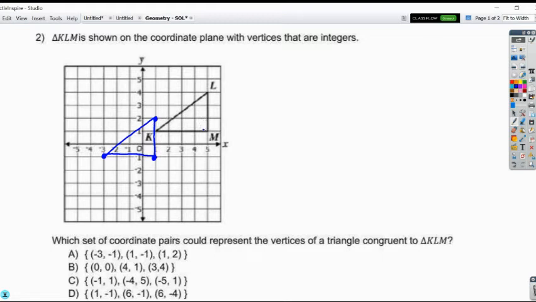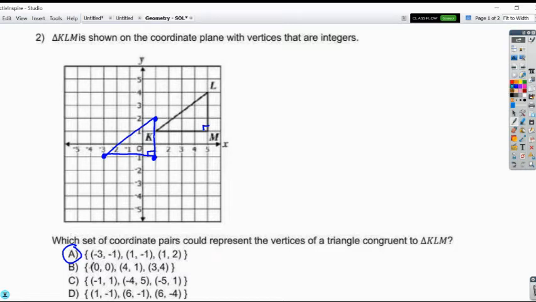Since I know that each of these triangles are a right triangle with that horizontal distance and vertical distance, that would also tell me that the hypotenuse is congruent as well, because they have to have the same measurement when you do your a squared plus b squared equals c squared. So with those 3 side lengths congruent to my 3 given side lengths, it ends up that option A has our congruent triangle. If you try out some of those other ones, and I certainly encourage you to do so,